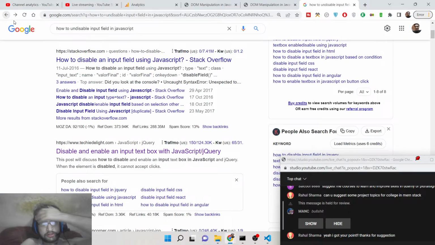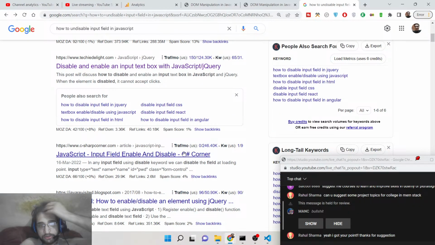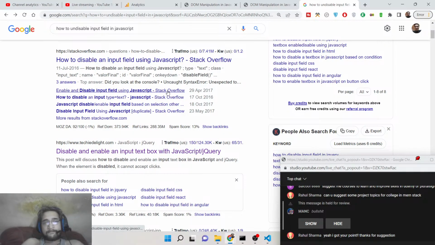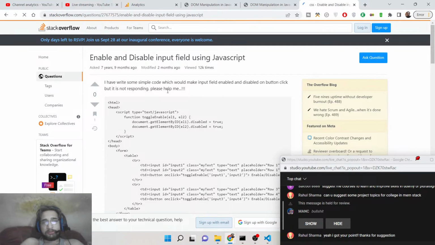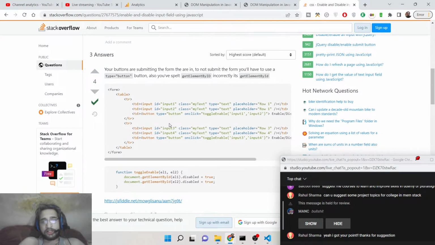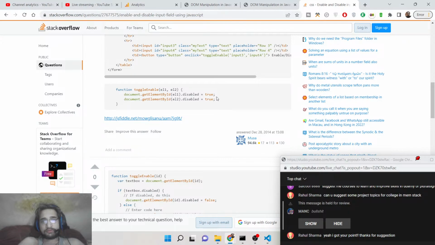There is a method, guys. Let me just search it for enable and disable input field. So for enabling it, I think